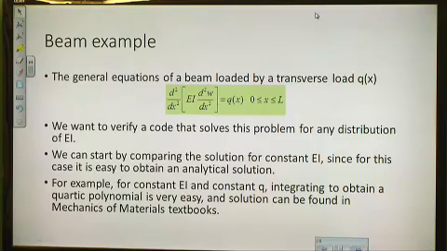So let's take a simple example. The textbook has a more complicated example that I'm going to come to later, but I picked this beam example, number one, because I teach beam equations in several courses, and also this is something that you get quite often, so I'm assuming that at least half of the students in the class have come across this equation, but even if you didn't, you can just look at it as a fourth order differential equation and take it at that. So we have this very simple differential equation,